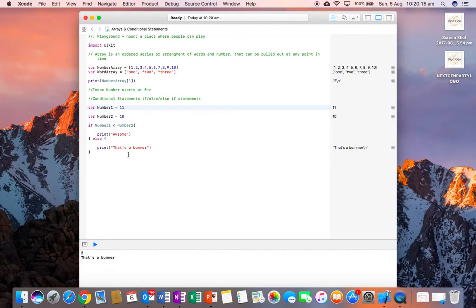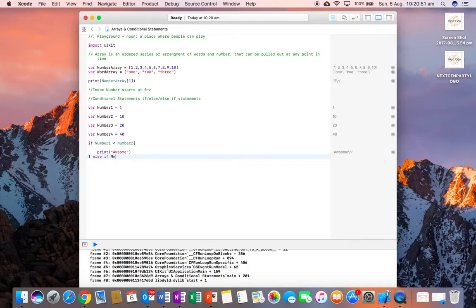But then you can get a bit more difficult. If we just add var number 3 equals 20, var number 4 equals 40, for instance, we have 4 different variables. Then we'll change number 1 back to 1. So that can be if number 1 is less than number 2. But if we want, for instance, number 3 to be greater than number 2, we'll just type else if number 3 is greater than number 2, or number 1,